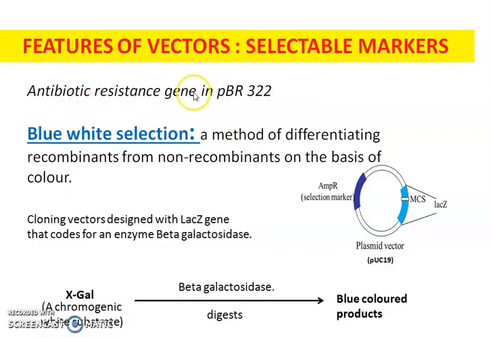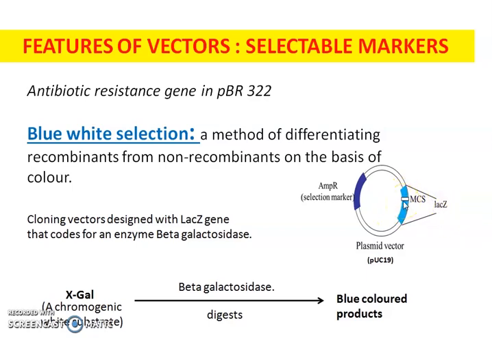As I said, we discussed the antibiotic resistance gene in pBR322. Because that is not so easy while performing rDNA technology, there are vectors designed with another gene called the lacZ gene. One antibiotic resistance gene, like the ampicillin resistance gene, would be there for identifying and selecting the transformants and eliminating the non-transformants. But instead of the other antibiotic gene, we have a gene called lacZ, which has a multiple